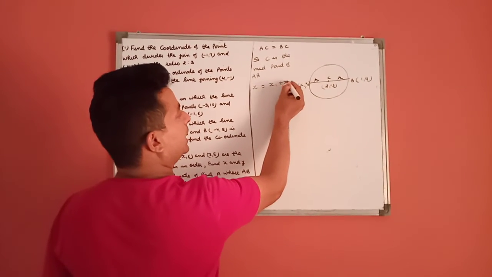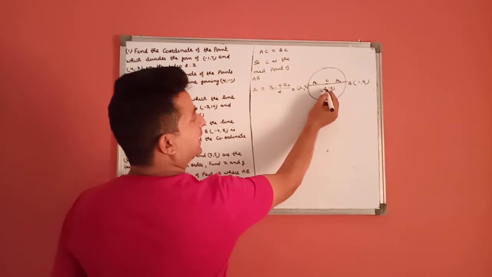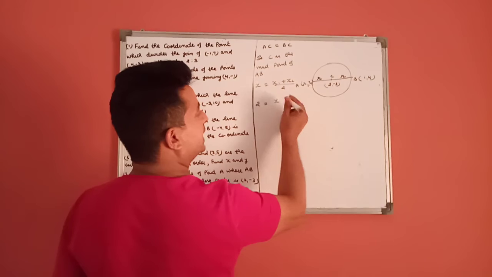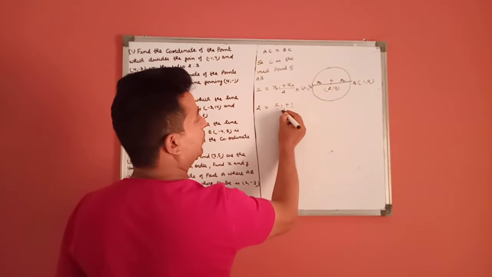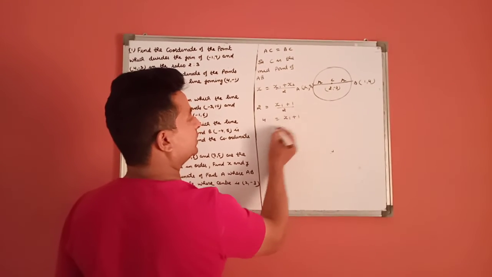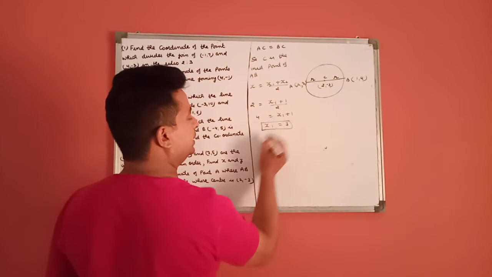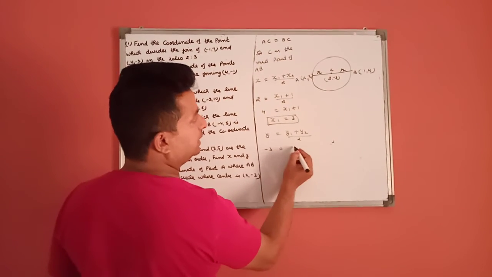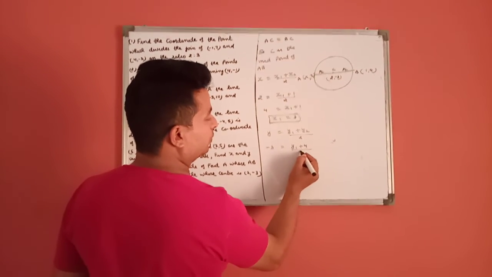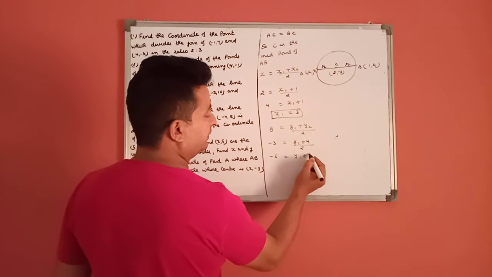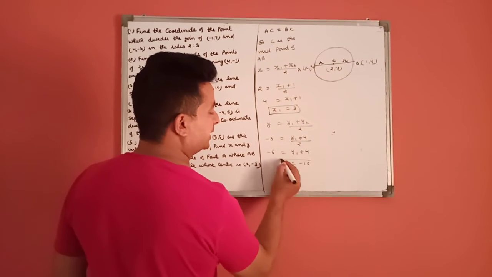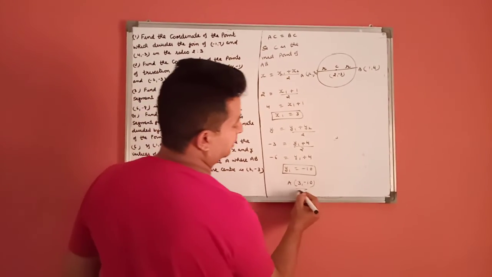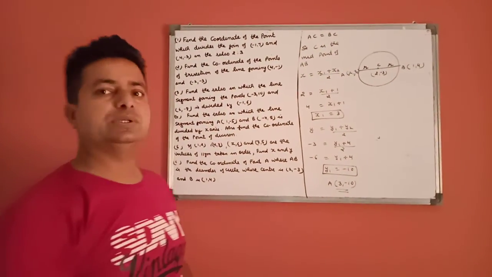So x is equal to (x1 plus x2) by 2. X is equal to 2, x2 is 1, so 4 is equal to x1 plus 1, and x1 is equal to 3. Similarly, y is equal to (y1 plus y2) upon 2. This is 3 equals (y1 plus 4) upon 2, so 6 equals y1 plus 4. So y1 is 2. This means the coordinates of point A are (3, 2). This is the solution of question number 6.